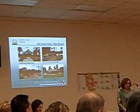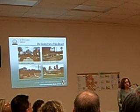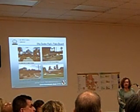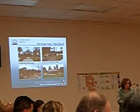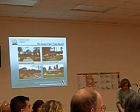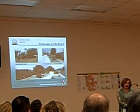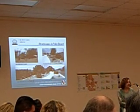It is interesting because they also have a private partnership with a date production company. All the date trees planted here are harvested by a private company, and it provides just this beautiful quality to the park. This is some streetscape pictures in Palm Desert, and I think you all know Palm Desert is a really high-end